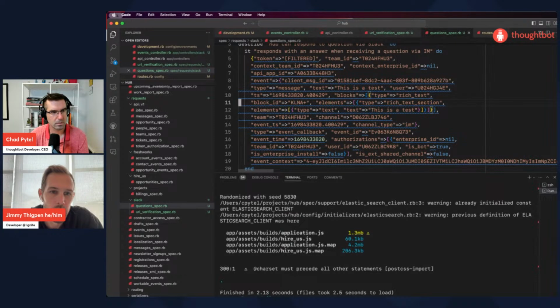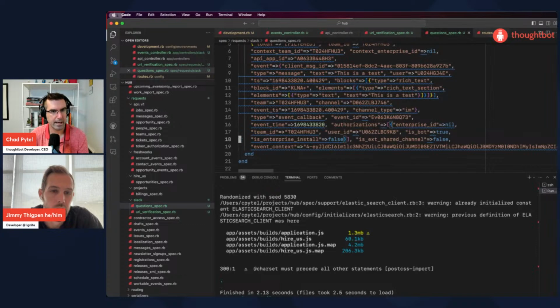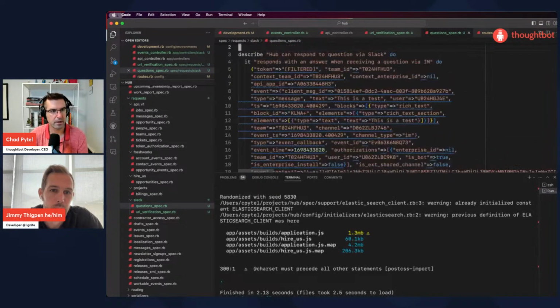So all we really want from this is the text the user's querying with. I could see a use case for wanting to know the user. Yeah, and Slack knows, Hub knows everyone's Slack username, so by looking the person up, we'd be able to know who was asking the question.